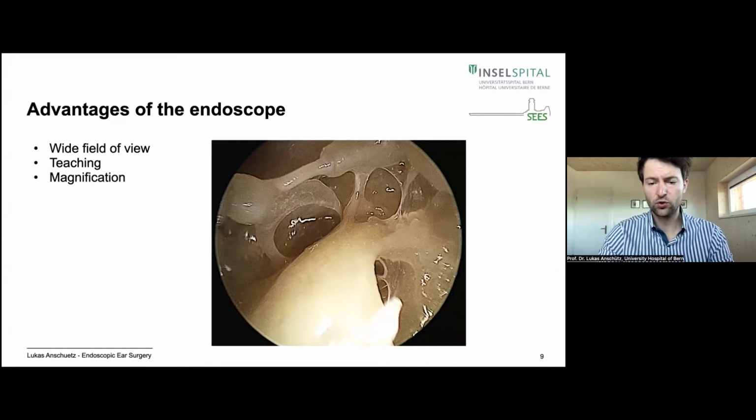You can have a very good magnification with the endoscope because you can go as close as you want to the structures. So you can see here the stapes, and the pyramidal eminence with the tendon. You can actually see how the tendon comes out of the bone. We can see the sinus tympani, and if you look here, this is the ponticulus. This is a small bony crest from the pyramidal eminence to the promontory, and you can see it's a small bridge. So below there is no bone.